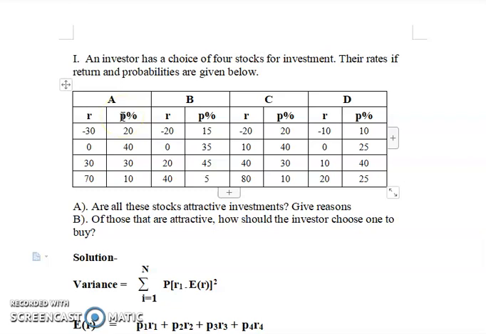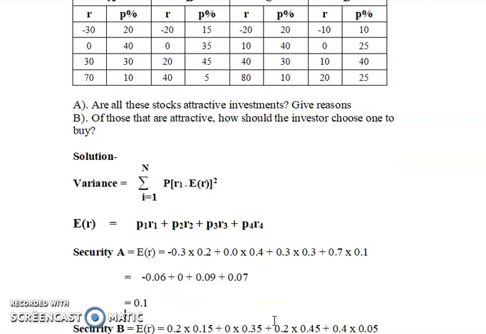However many stocks and choices you have, it goes on infinitely. You just have to multiply individually, so R into probability. So first, before you go ahead with the calculation of the variance, you have to find out the expected return. This is the formula I have given. Here I have given P1 R1, P2 R2, individually for each security.